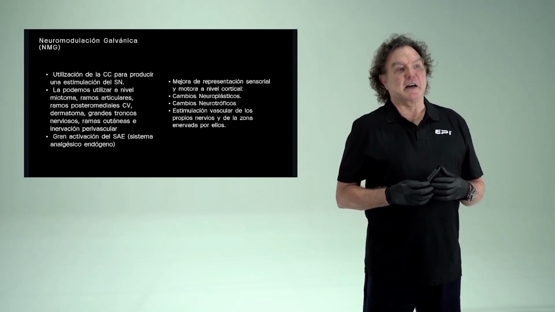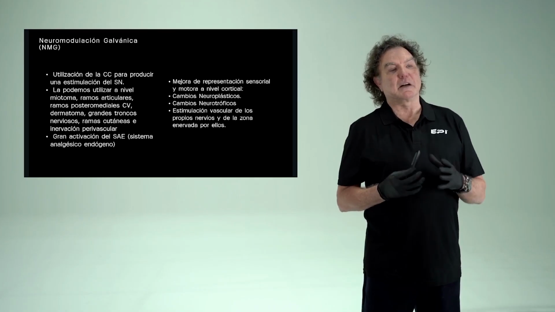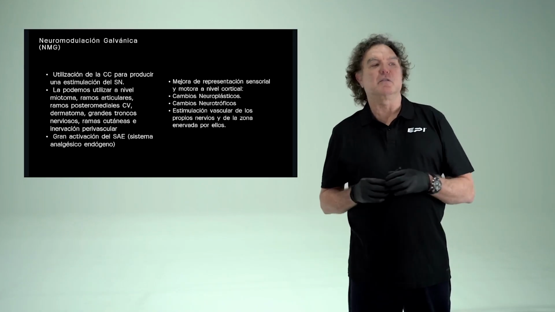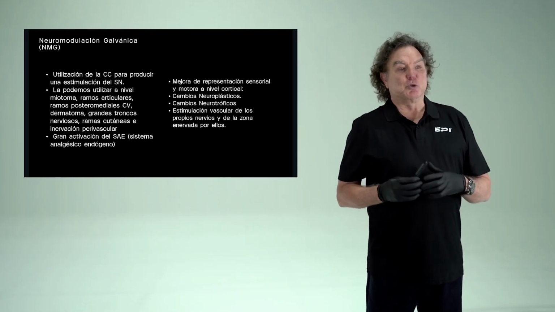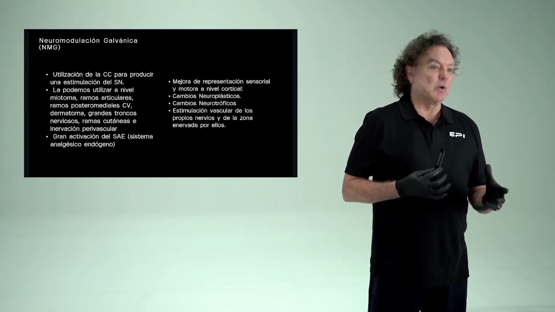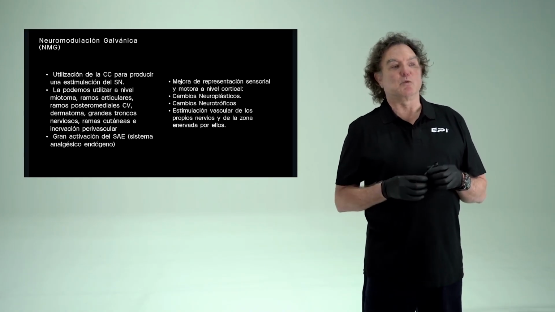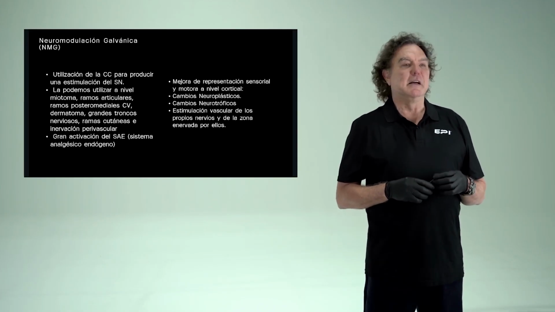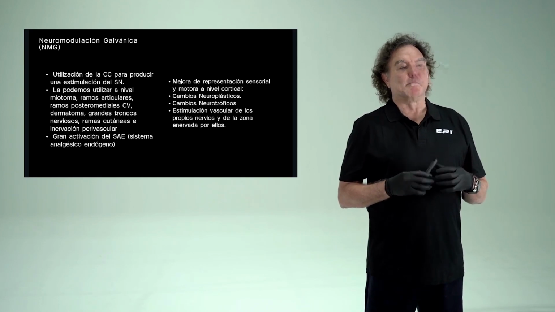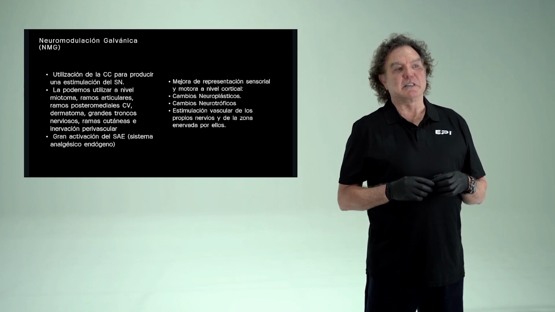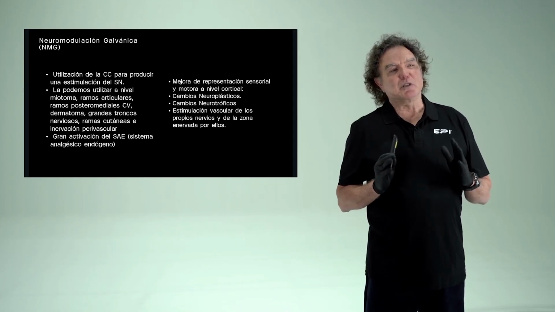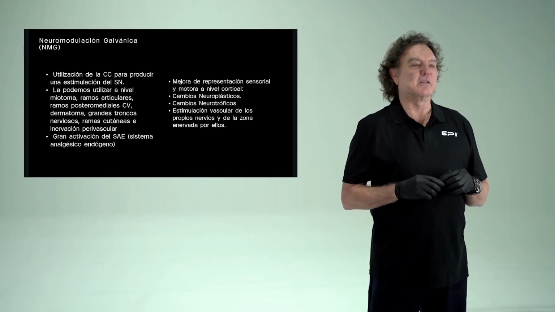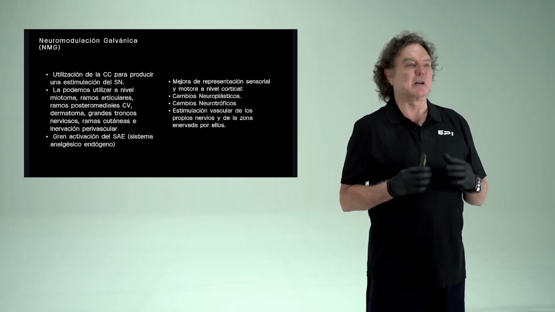Galvanic stimulation, in essence, refers to the precise use of this specific galvanic current delivered through the advanced Piafra device to effectively produce stimulation of the human nervous system. We can effectively use it at the level of the myotome, the articular branches, the posteromedial branches of the spinal column, the dermatome, the major nerve trunks, the cutaneous branches, and perivascular innervation, providing comprehensive coverage. With this, we will achieve a strong activation of the descending analgesic system, and we will also obtain an effect that we call cellular neurotransduction to promote the vital and crucial regeneration of the affected neural tissue,